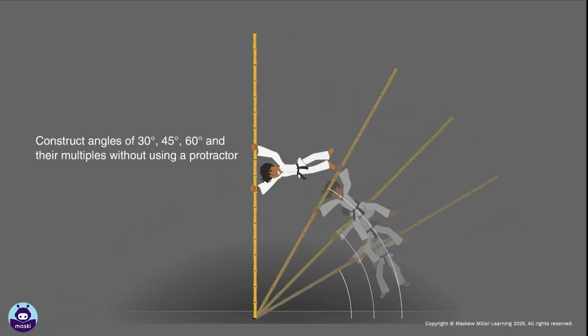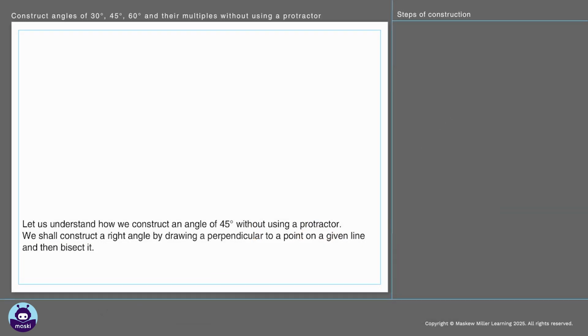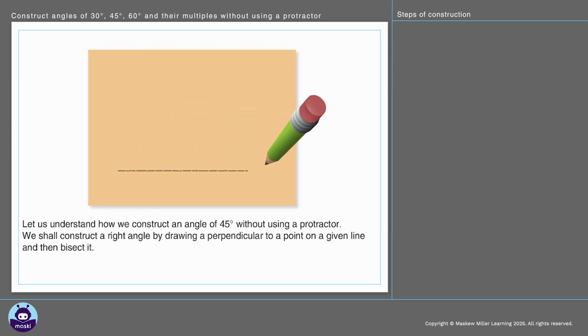of 30, 45, 60 degrees, and their multiples without using a protractor. Let us understand how we construct an angle of 45 degrees without using a protractor. We shall construct a right angle by drawing a perpendicular to a point on a given line and then bisect